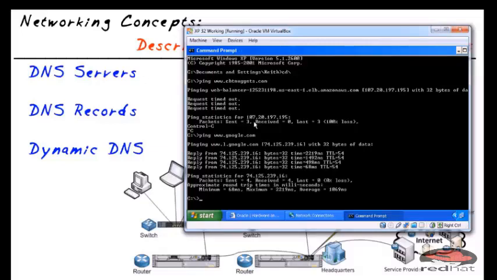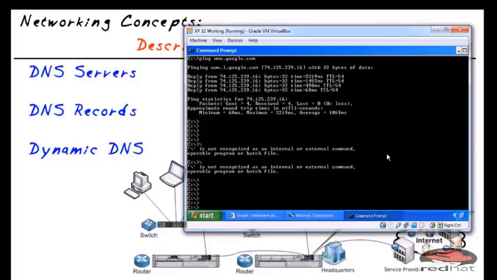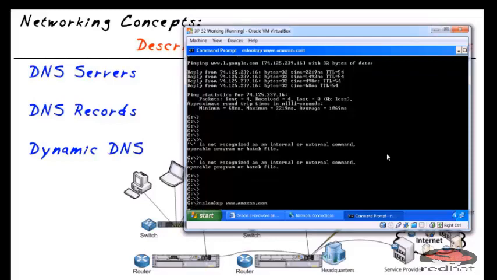So here's a ping to google.com, but look at this answer here. We know just from the response that, because it also worked, that we have translation from google.com into a valid IP address. So another tool that's really cool is called Nslookup. NS standing for name server, lookup, and we could just type in, for example, www. Let's pick on Amazon. We're not picking on, we're just demonstrating. Nslookup for